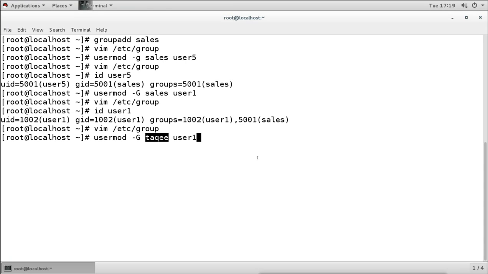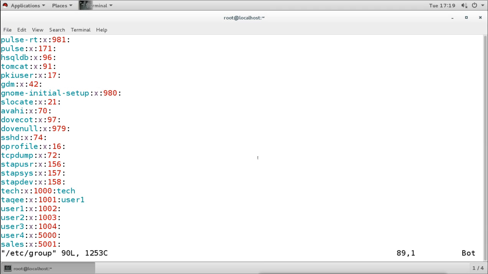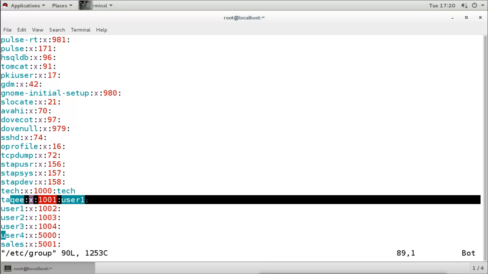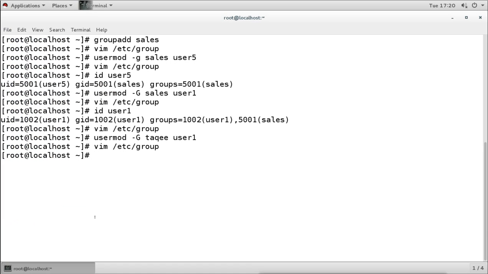So when I run this command and check the file, we can see that this user is not a member of the old group. It is now a member of the new group. So this command is used to change the membership, only changing it. This is good for the primary membership, because the primary membership we can only change, we cannot remove. But for the secondary group membership, we can change, add and remove, and we can add a user into multiple groups also.